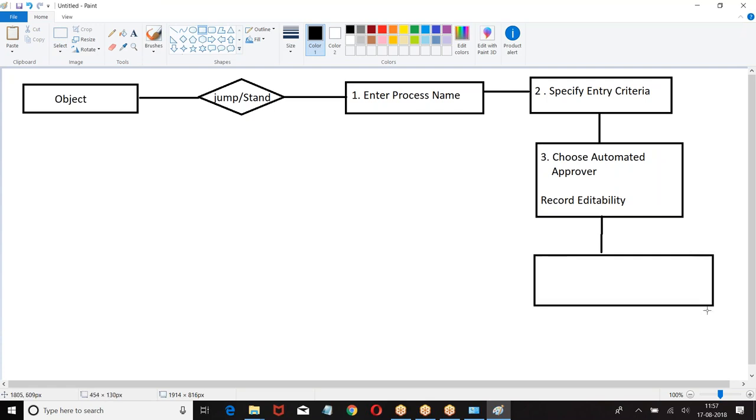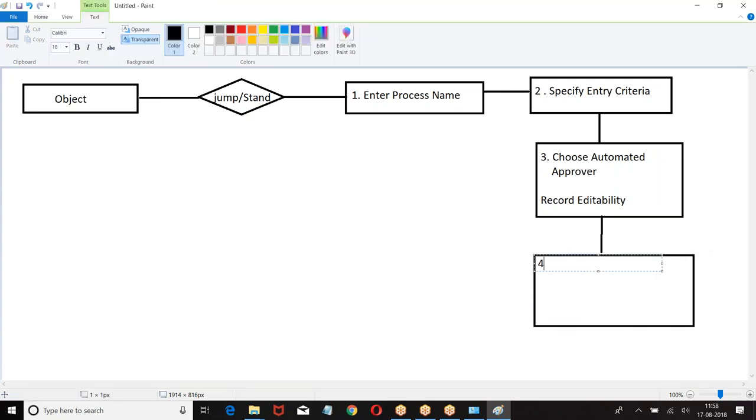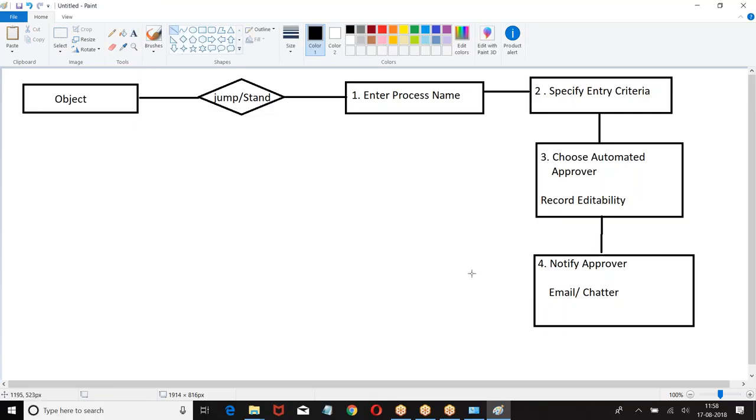How do you notify the approver? Notify the approver by using email or chat.